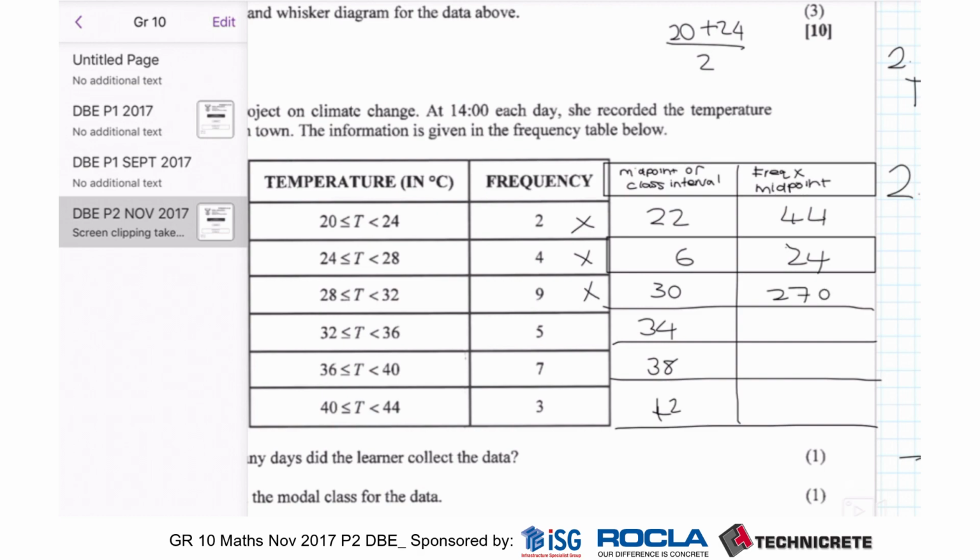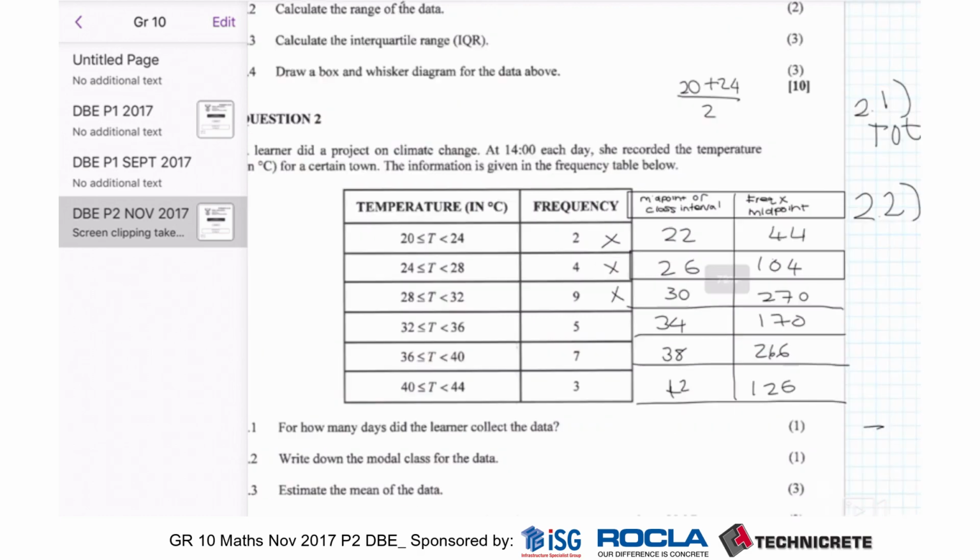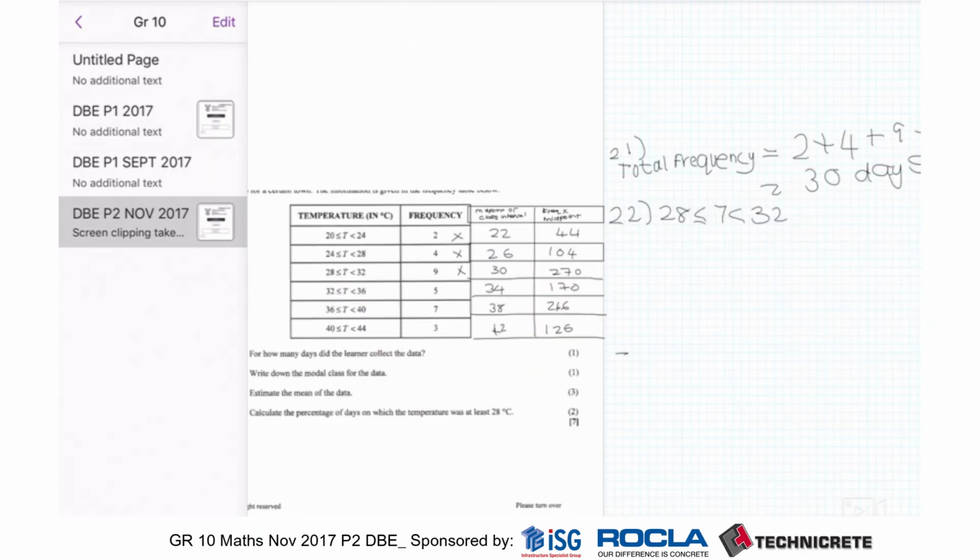34 times 5, 170. This is 26. That's why it's looking wrong. 26 times 4 is 104. 38 times 7, 266. And 3 times 42 is 126. So now to find my mean,